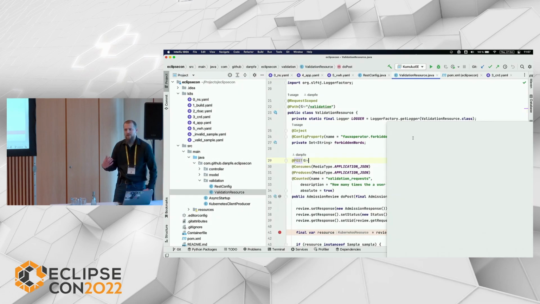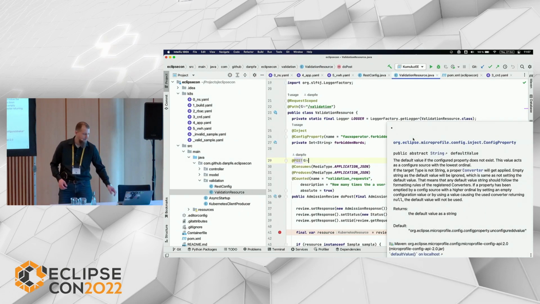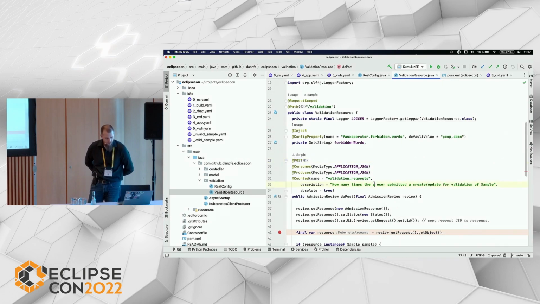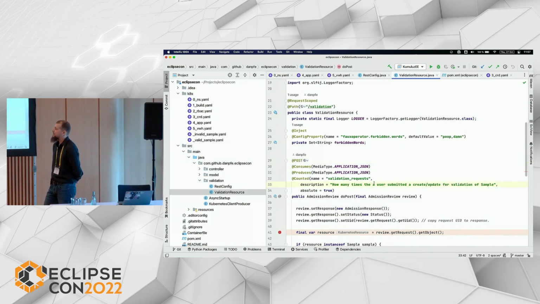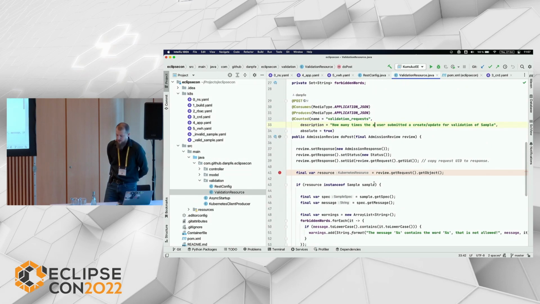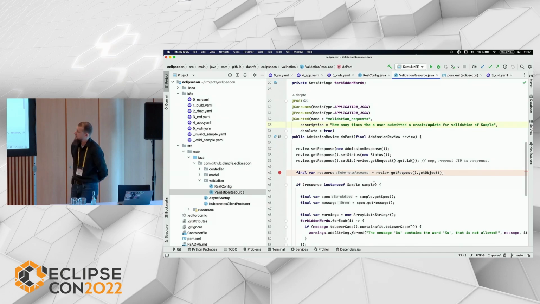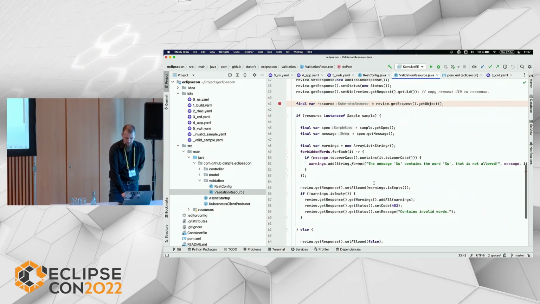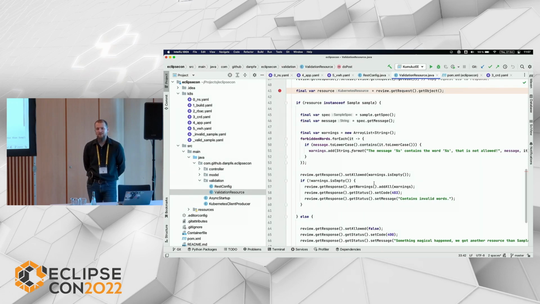So what will happen when we send a sample? We have told through the validation webhook definition that we want to check it before it's going to the reconciler. We will simply get an admission review object. It's pure JSON that's coming to us. We will prepare a response, and then we will check if any of those cuss words that we don't want to have are in the message they are placing in the sample that the person is trying to create.